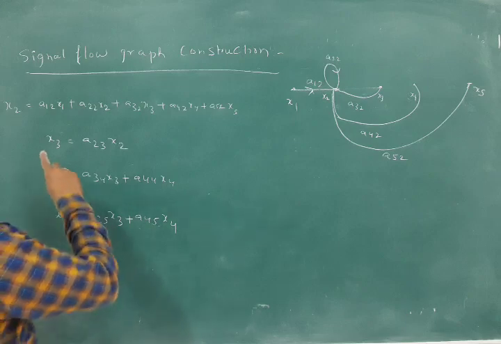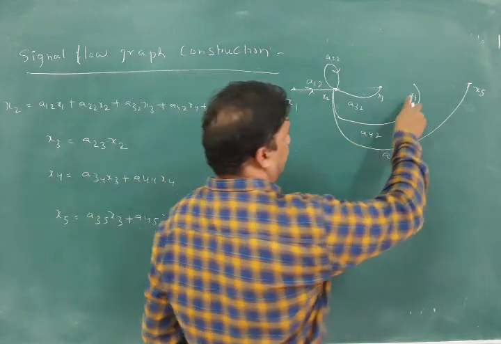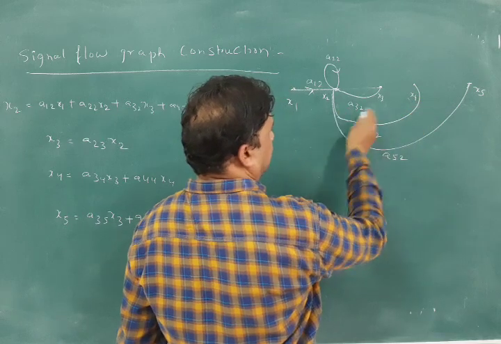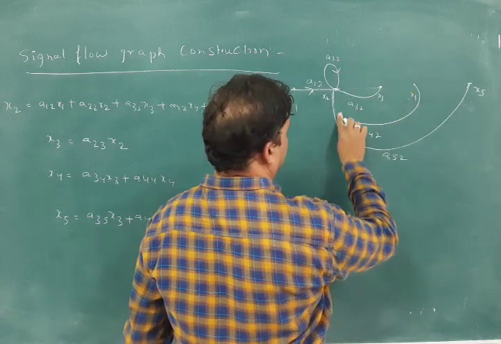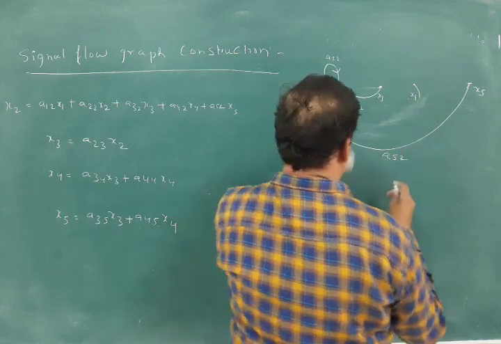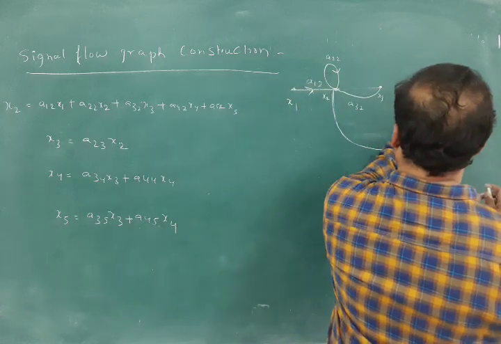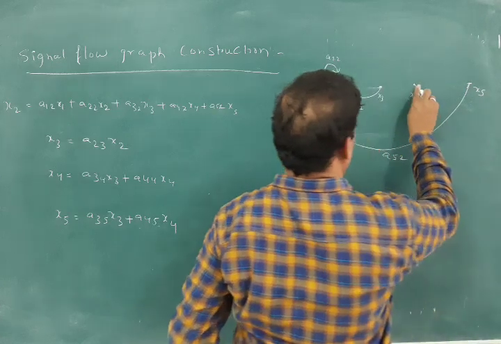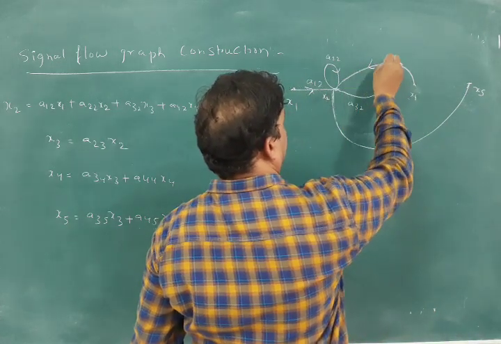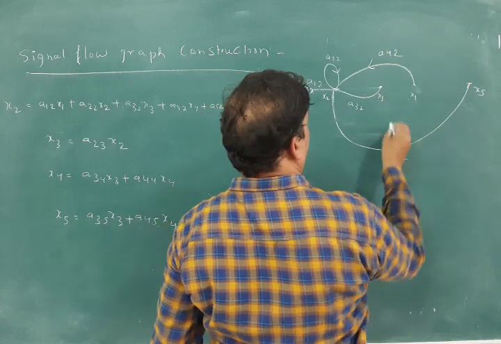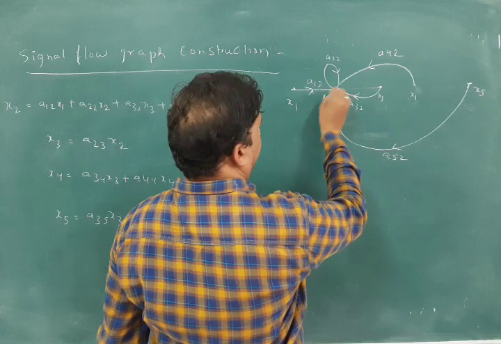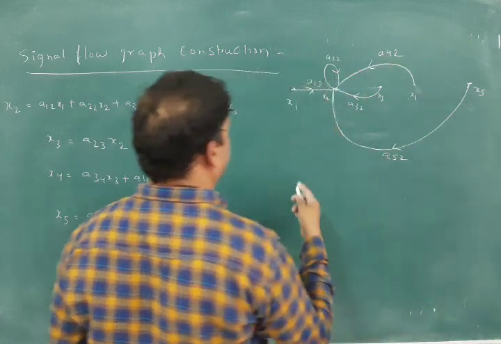So by these equations, it is our choice to make here. A42 can be written here like this, or else from here also we can write A42. Suppose we write here A42, if it is looking clumsy, we do one thing, we will remove here the A4 point and connect here like this. Direction is A42, and this is A52, and this is A32, A12 and A22. The first equation is completed.